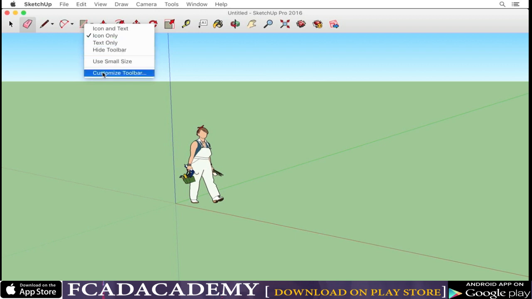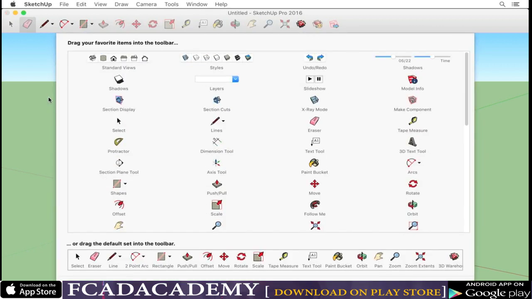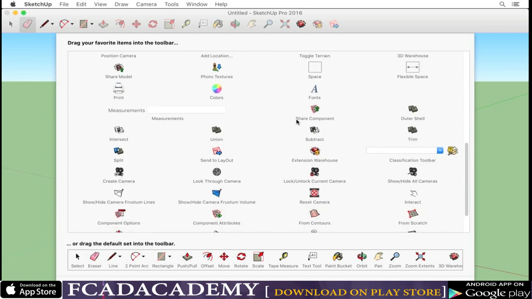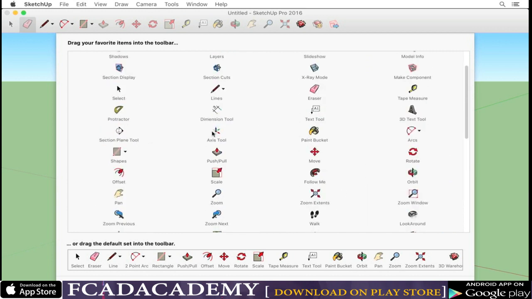In Windows, go to the View menu and choose Customize Toolbar. You can scroll down to find all the different tools that are available. If you find one that you want to put on the toolbar, simply drag it out and drop it. Note that I can also pick up another tool in this mode and move it, and everything automatically moves over to make space for it. If you don't want a tool, you can drag it out and drop it, and it vanishes in a puff